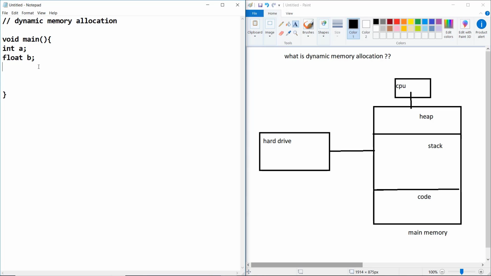If I am able to access the memory of the heap, I can say it is dynamic memory allocation, or we can say we use the memory when needed. Let me give you an example: a printer.